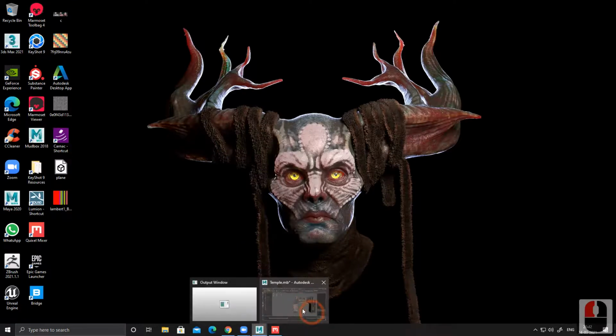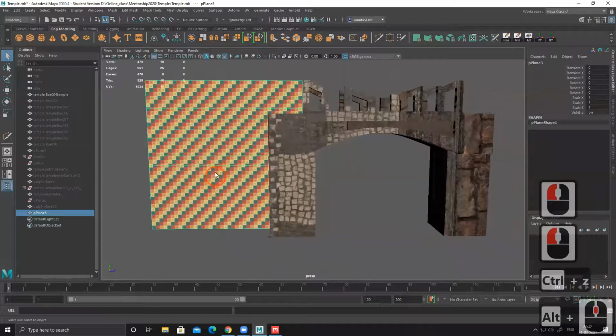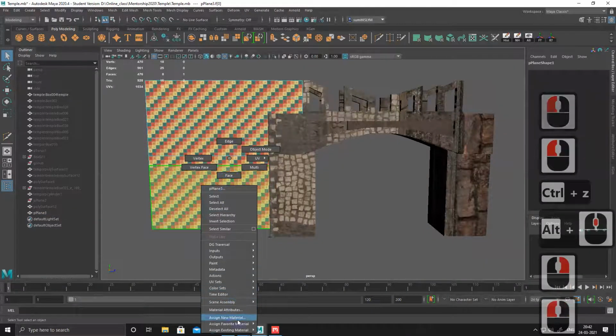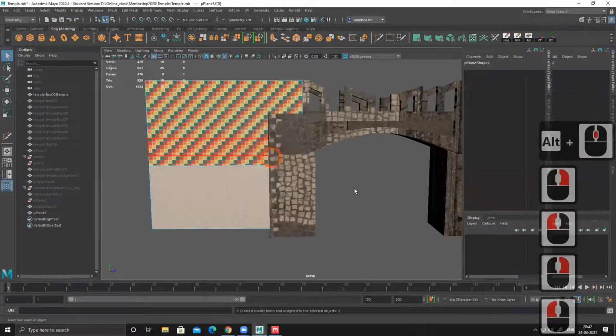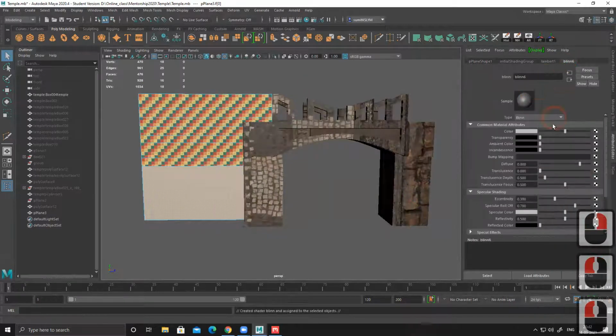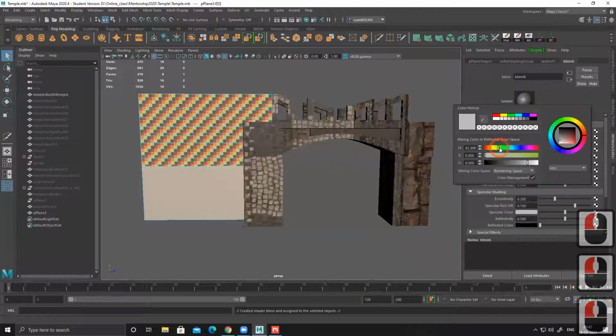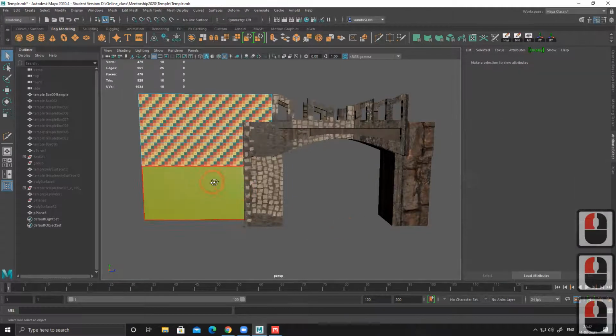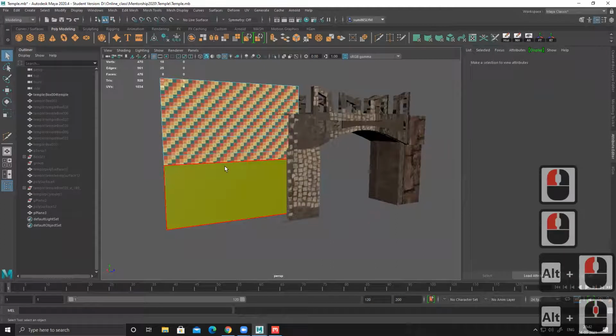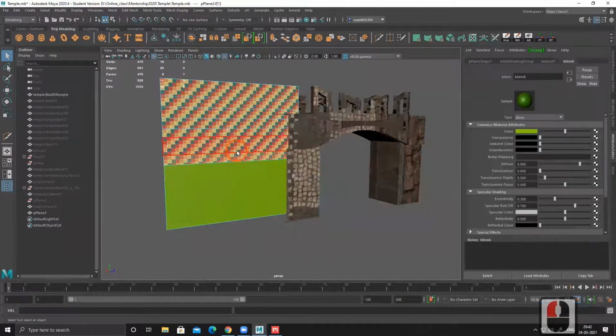Like in Maya, suppose I undo this, and for each and every plane I assign a new material and some color. It works perfectly. I can create this, but to convert this into a texture, diffuse baking takes a long time in Maya. In Max, it converts this into a texture in just a few seconds, but in Maya it takes a long time.